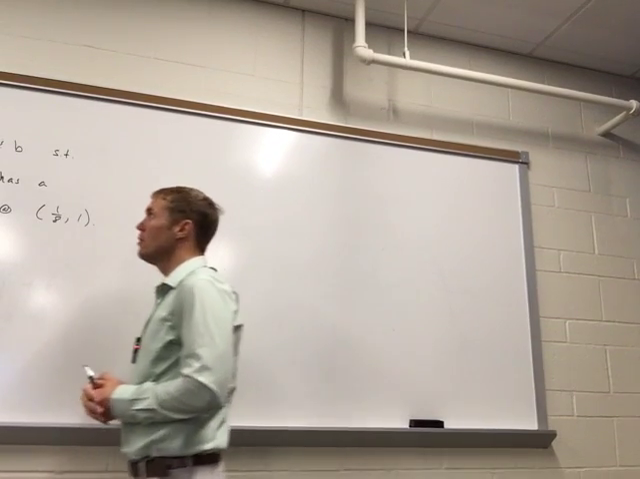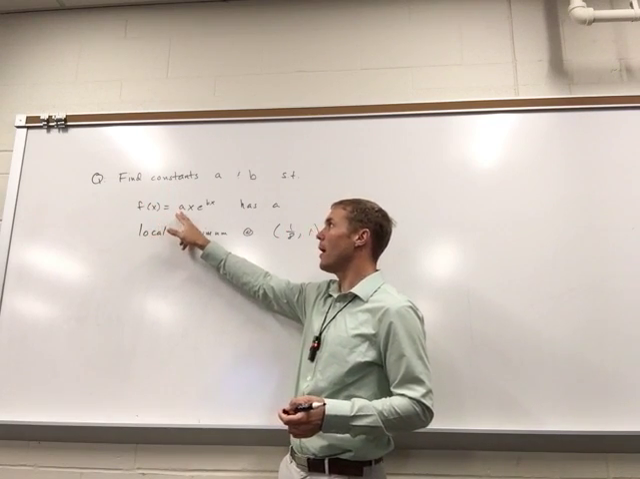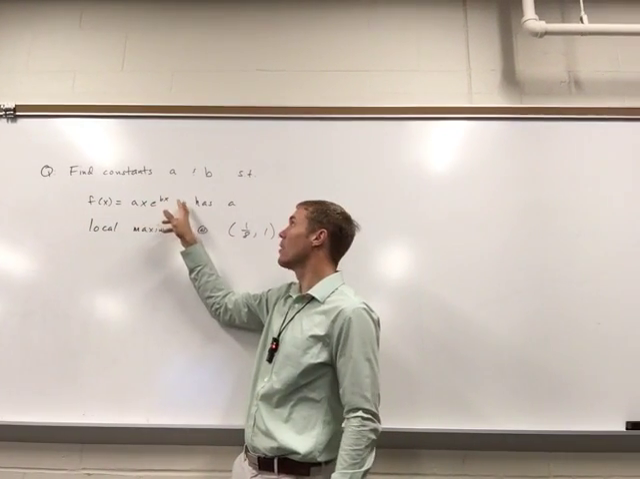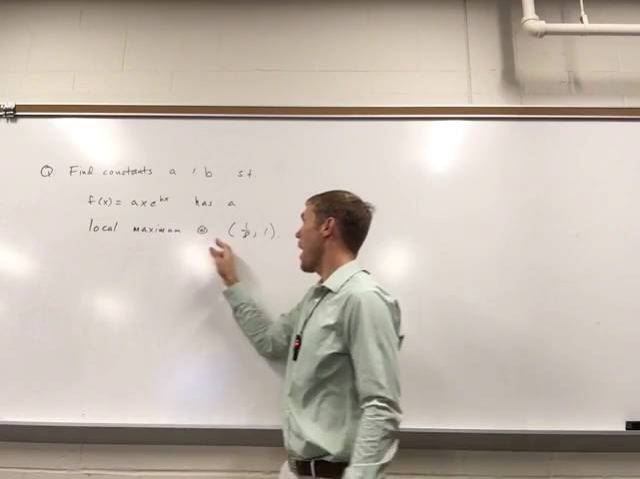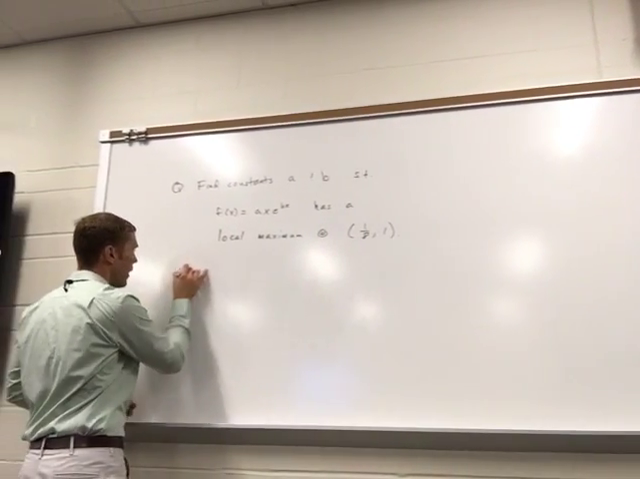All right, so we want to look at the question. We want to find constants a and b. So the function defined by ax times e to the bx has a local maximum at (1/8, 1). So our answer,